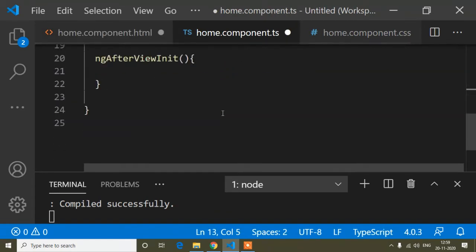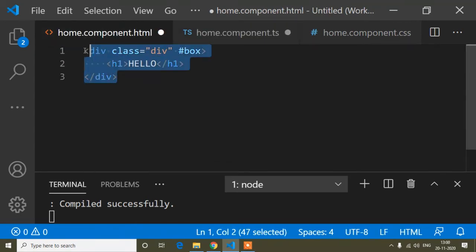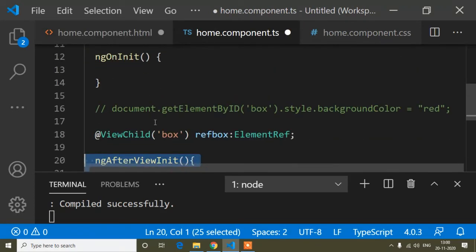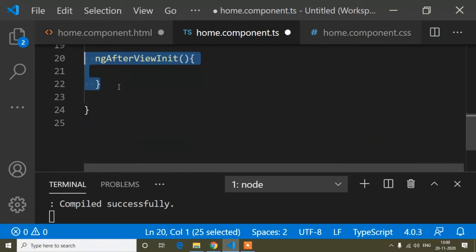But if I manipulate it inside ngAfterViewInit, that means after creating all the DOM elements, it will change our div color, or whatever we want to change or manipulate. So this time it will not show the error. So when we use ViewChild, we manipulate it inside ngAfterViewInit. You have to remember that.